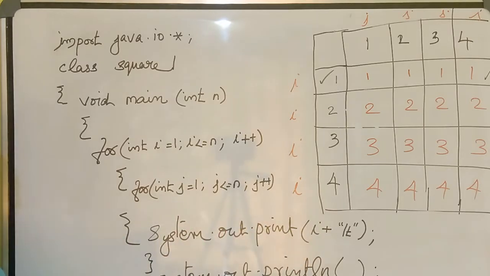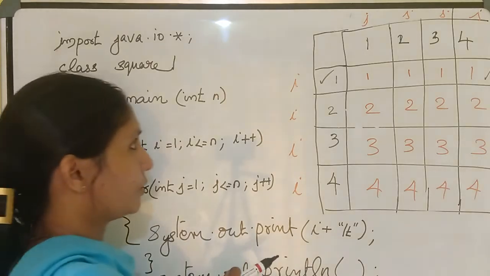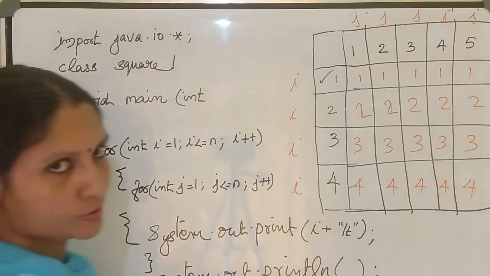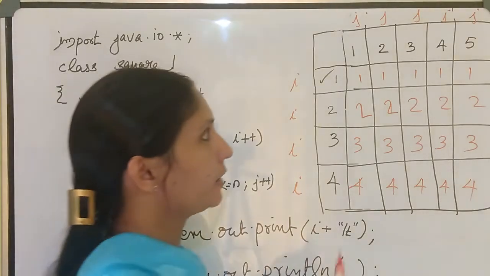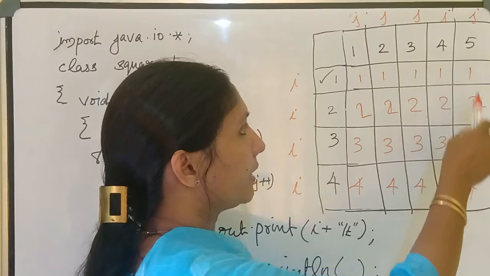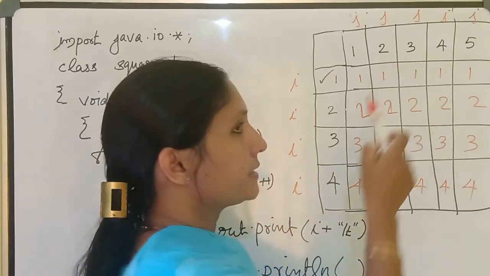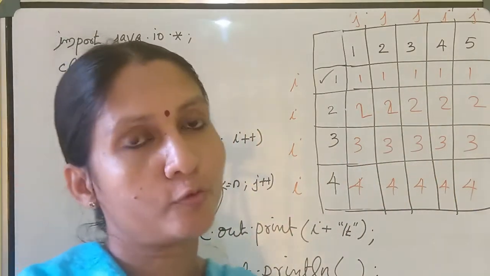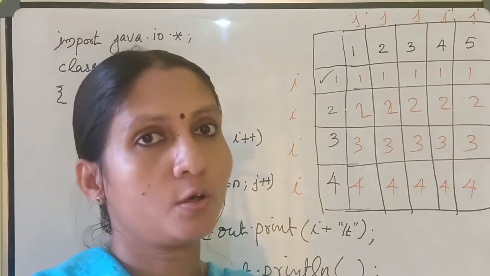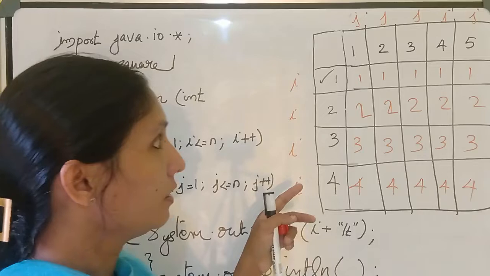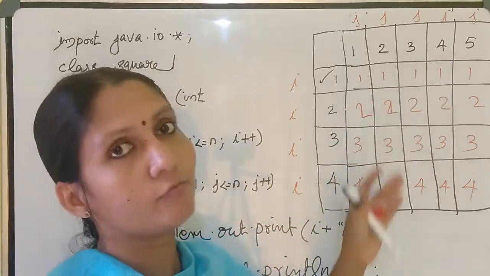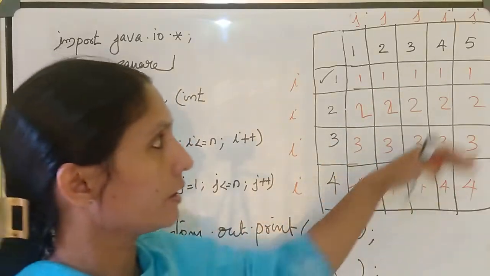And if you want to change it into a rectangle shape, how can you do this? Do you know? Okay, I will show you. Let's take the next question. If it is a rectangle pattern, how can you create the rectangle pattern? Look here. If you want to make a rectangle, you change the number of columns and number of rows. This must be different. And here I had given 4 rows and 5 columns. Like this way we can create a rectangle.